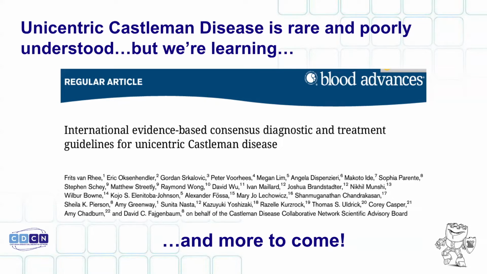So it's not just a matter of traveling many hours to some big institution with horrible parking and long traffic and other inconveniences of bureaucracy. This is our attempt to make sure that all care can be universalized and you can get the same care no matter where you are. And it will help a doctor close to home have the tools to understand what to do to take care of a unicentric Castleman disease patient.